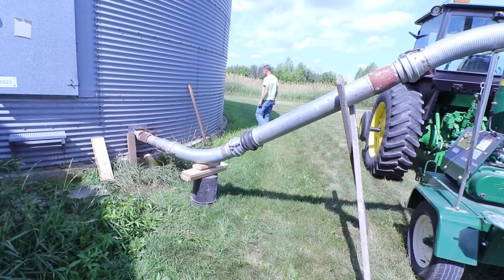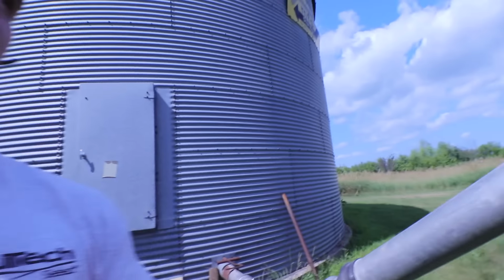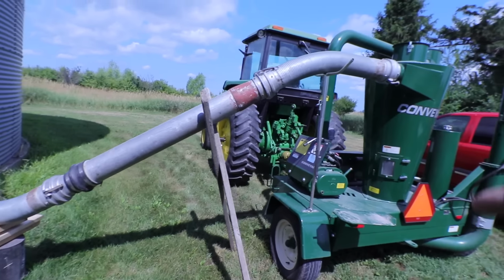And that's because the longer the farther you have to suck the grain, it bogs the tractor down some more. And when you bog the tractor down, sometimes it lugs it, so it'll suck a big giant pile of beans and then it'll just lug it through the whole thing and it gets to burping real bad. So the shorter the better. And a little bit of the incline like we got here is about what you want,